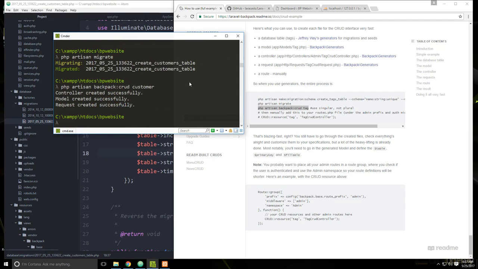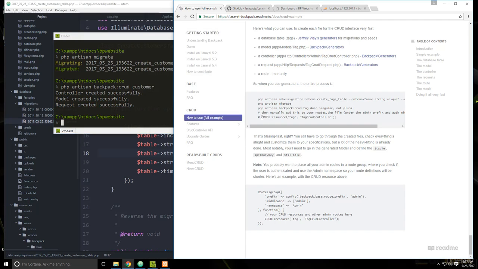Okay, and we'll run that. And it created the controller, the model, and the request. Now what we need to do is add the route. So this right here, we're going to copy that. Actually, you know what we need to do is create a route group for the admins, or for the admin routes. So let's go to,